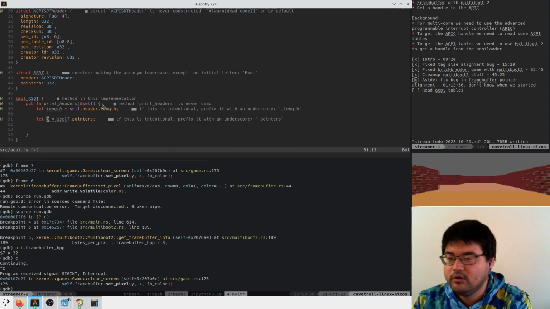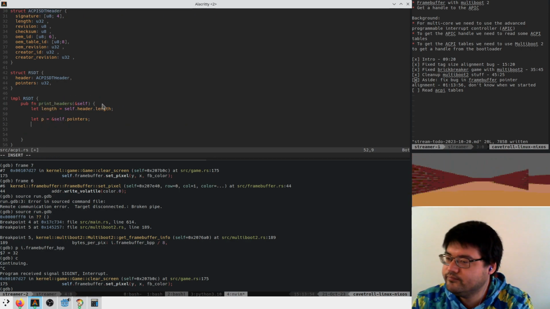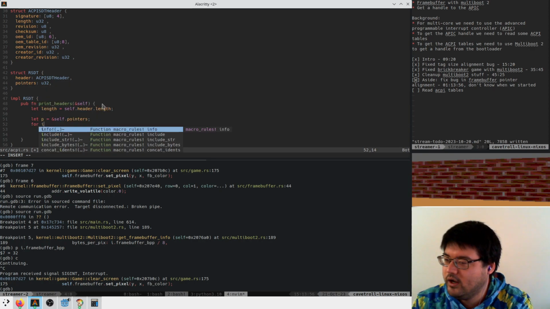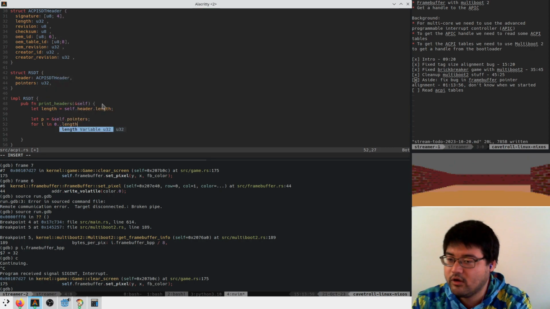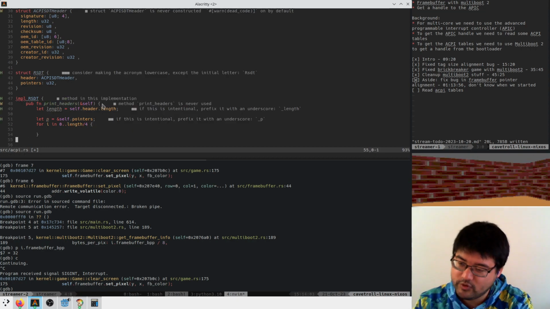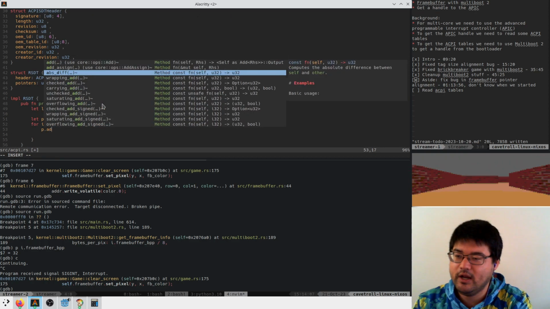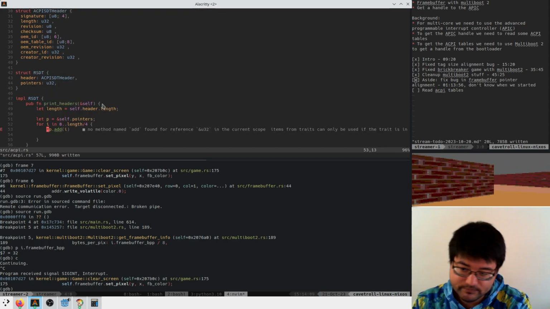And I guess we're going to say for i in 0 to length over 4, because the length is in bytes, not in whatever this is. We're going to say p.add(i), dereference that.